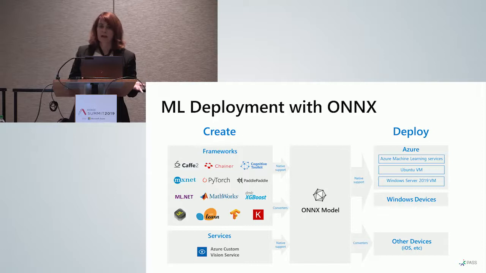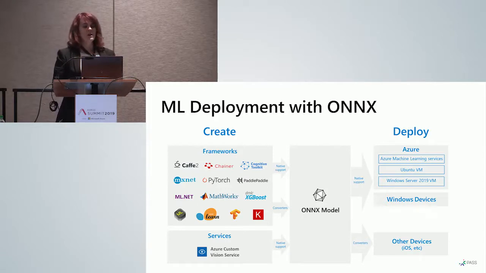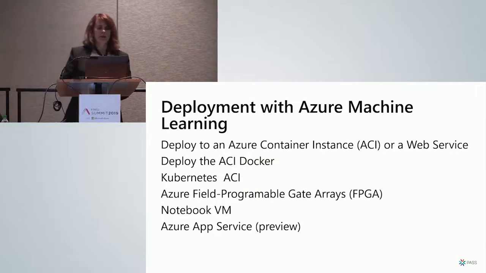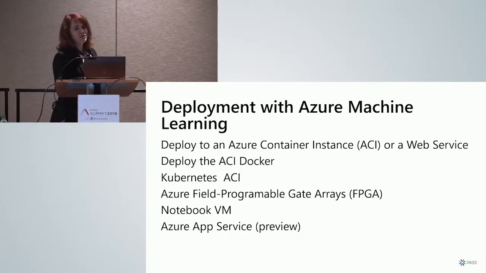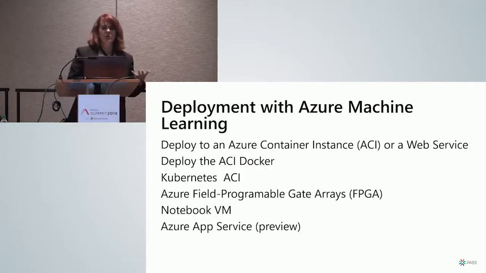it really easy to deploy it in Azure, even if you wrote it in Linux using R on some other machine. They still want you to be able to deploy it within Azure with a minimal amount of work. So with deployment in Azure Machine Learning, you can deploy to an Azure container instance or a web instance. So you can use ACI, Docker or Kubernetes, and then you can use field programmable gate arrays with any of those things for deployment.